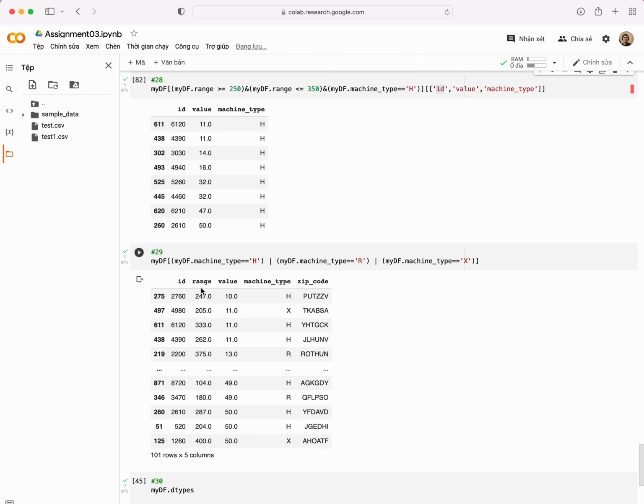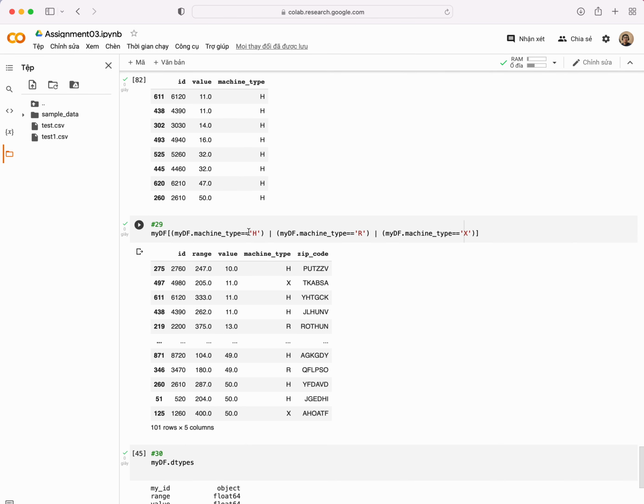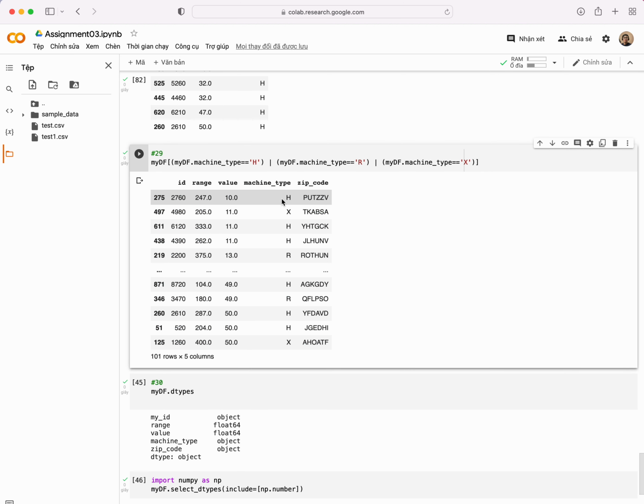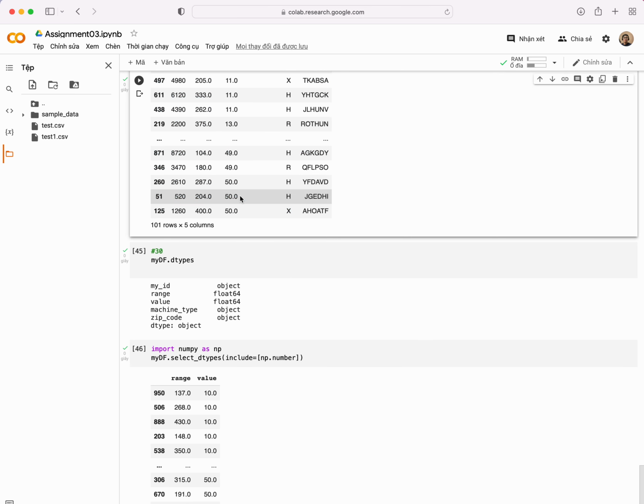Yep. And then next question is I want the data frame to show the data that have the machine type equal to H, or equal to R, or equal to X. So it will show all the data frame here, the values that meet the requirements. Number 30,